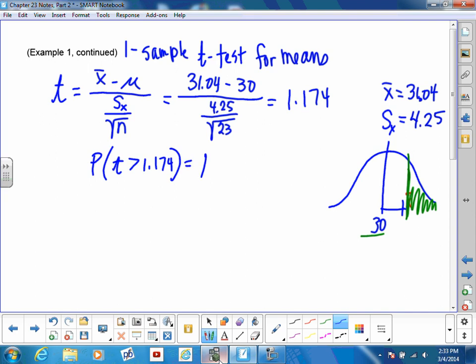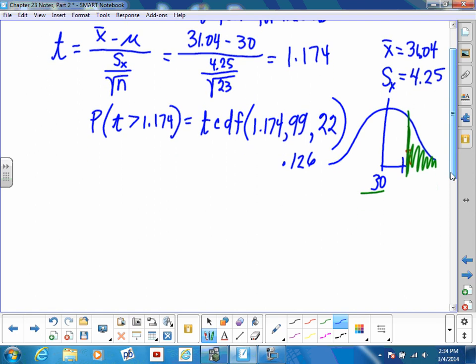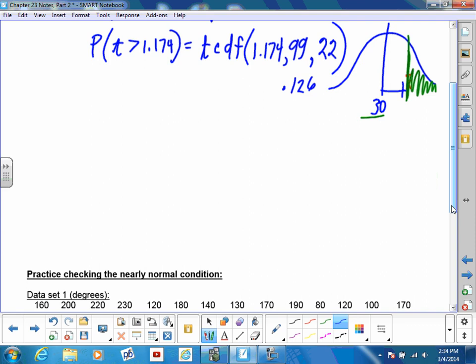I'm going to put this into my calculator. tcdf from the lower t-score out to infinity, comma, how many degrees of freedom? 22. So calculator, go check out the t distribution for 22 and compute it. And the calculator will come up with 0.126. So, my p-value